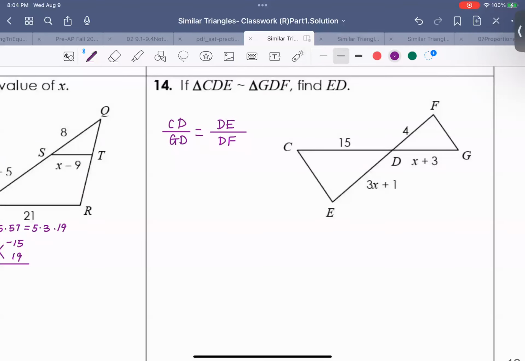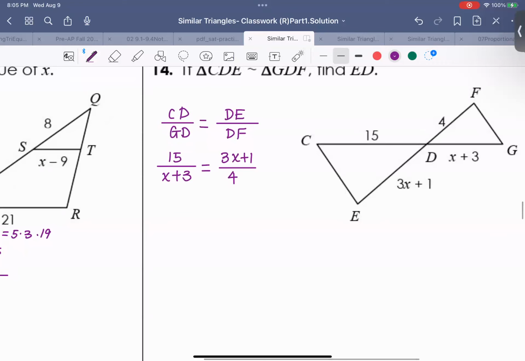So it's 15 over x plus 3 equals 3x plus 1 over 4. Then cross multiply, so it's 60